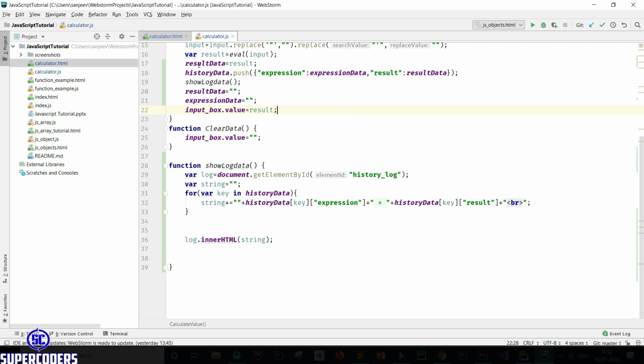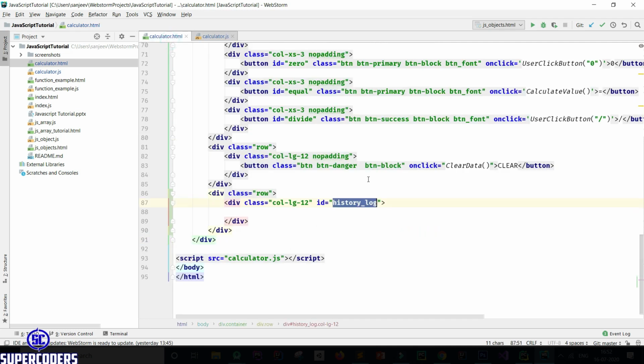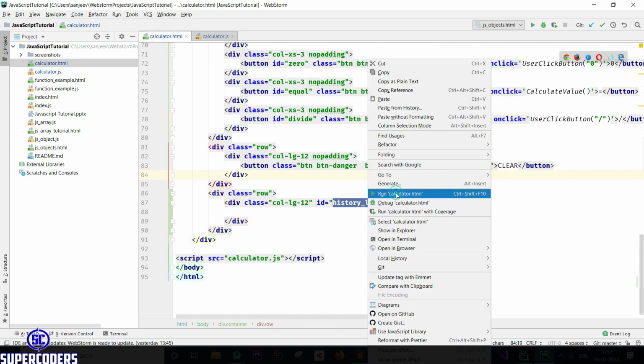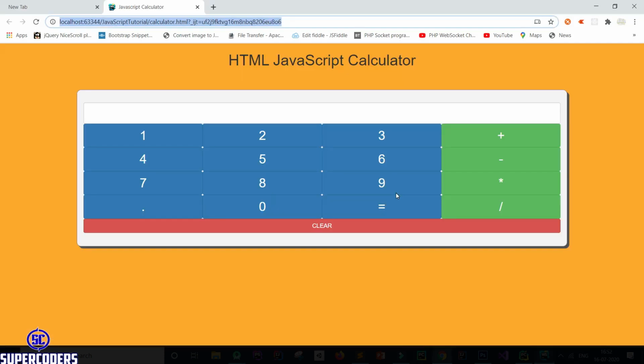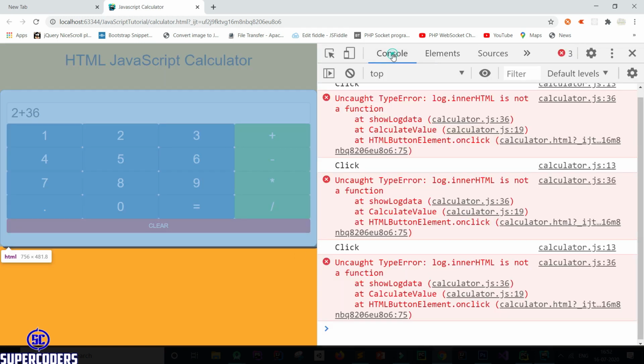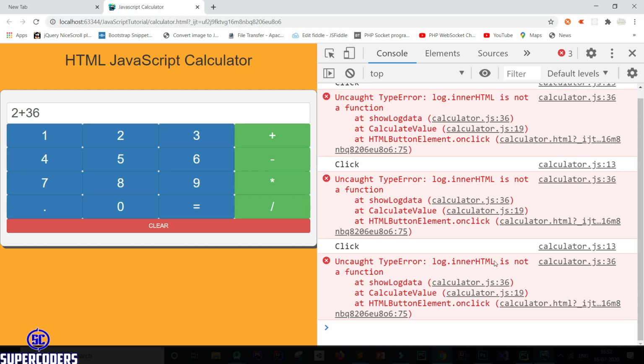So again come back here and click on run. Now let's calculate 2 plus 3 equal to 6, equal to, it is not working. So let's see what the error is. Here you can see log.innerhtml is not a function. So let's fix this.